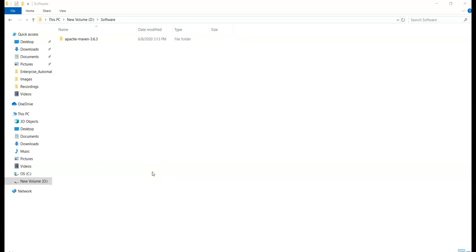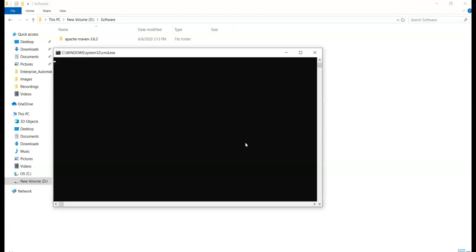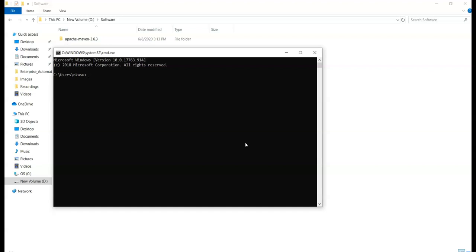We need to set up the environment variables the same way we set up the Java environment variables. So after setting up the environment variables, you can check whether the Maven is successfully set up or not through command prompt. To do this, open command prompt and type the command mvn -version.